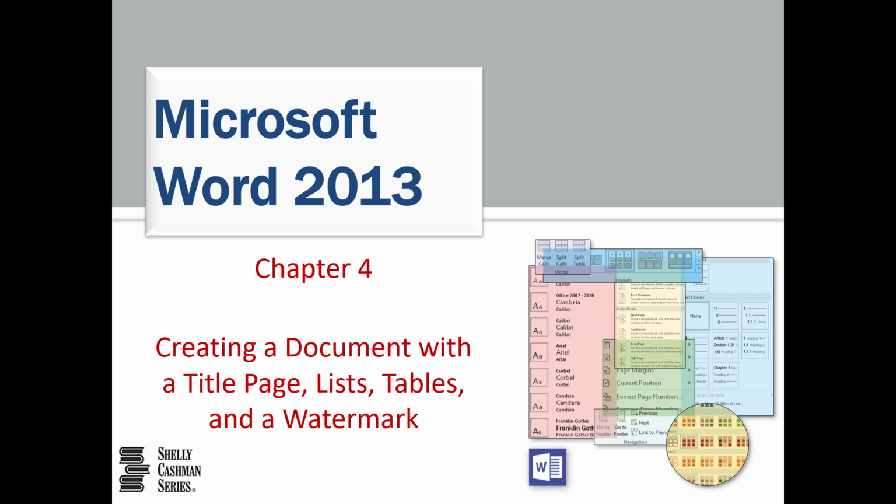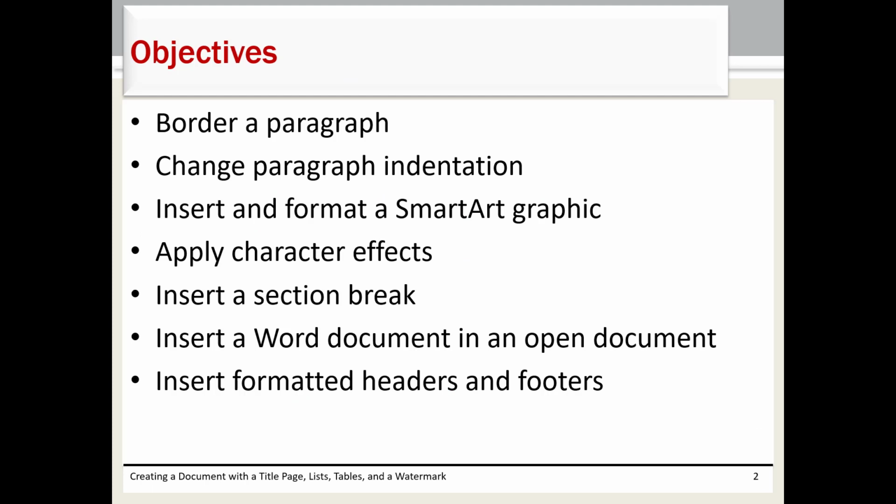The objective of this chapter is to learn how to create a document with a title page, lists, tables, and a watermark. The topics which will be covered in this chapter include: border a paragraph, change paragraph indentation, insert and format a SmartArt graphic, apply character effects,